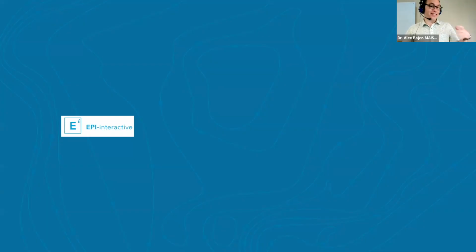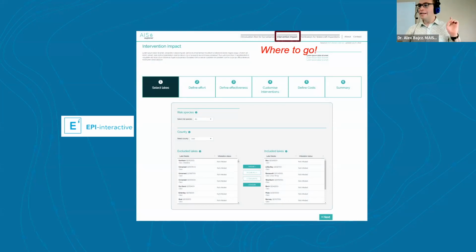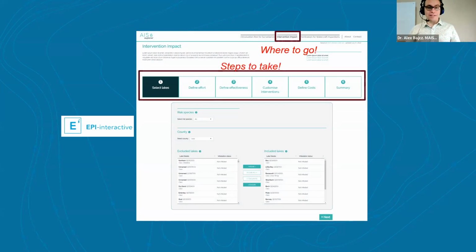And so rather than just tell you about this in abstract, I want to show you what it will hopefully look like using preliminary mockups that have been provided to us by our partners at Epi Interactive. So this is AIS Explorer as you've come to know it. This up here at the top is where this new tab is going to be going and will soon be available. And down here, you can see that this tab is going to work by walking you through setting up